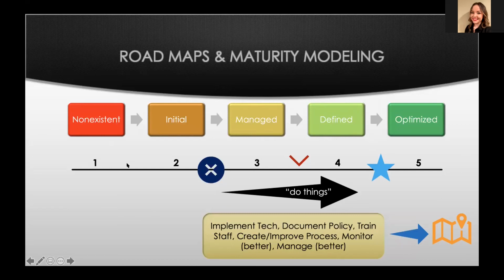CMMC has 5 levels, but if you want to be a 5, you have to assess against a 5, because there are things in here that are not in all the other ones. So it's very much a level and not necessarily a maturity model. At level 1, you're doing the basic things, and that's fine, and you're allowed to bid on ones that require only level 1, right? So if you have any intent to bid on those opportunities that have a level 5 requirement, then you have to assess against a 5, right? For sure.